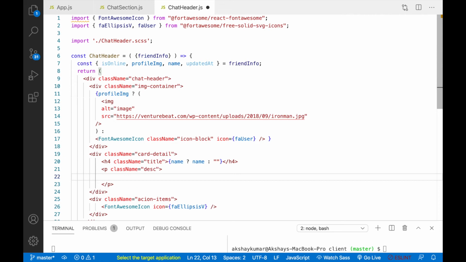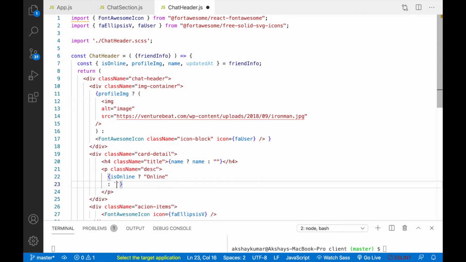So if name is there, we'll write name, else empty string. So here in the description we'll write is online. So if this is true, we'll write online, else we'll write last seen updated at. So if updated at is there, then we'll write updated at, else we'll give the empty string. Okay, and for this updated at, we have to import our library function.